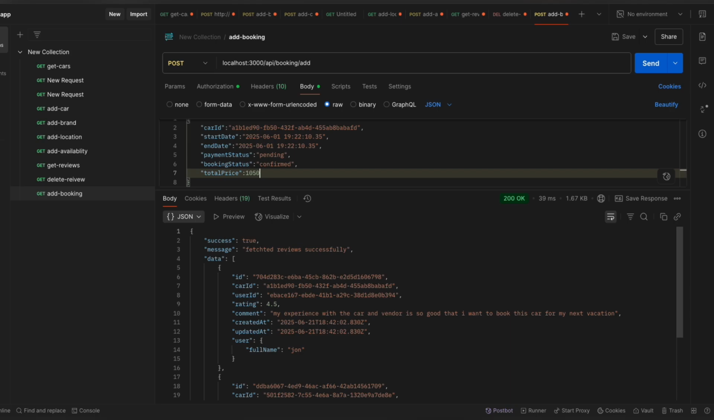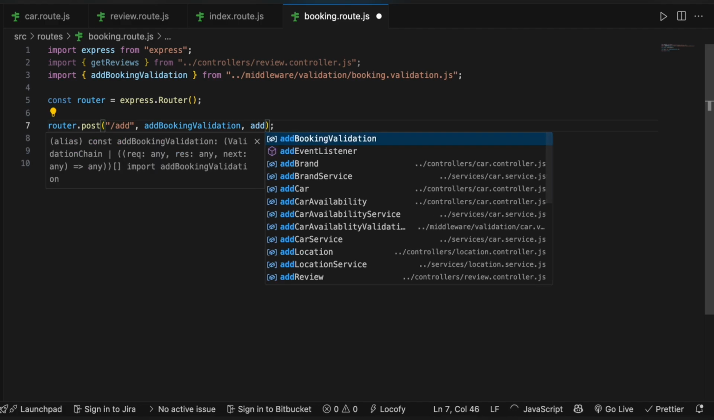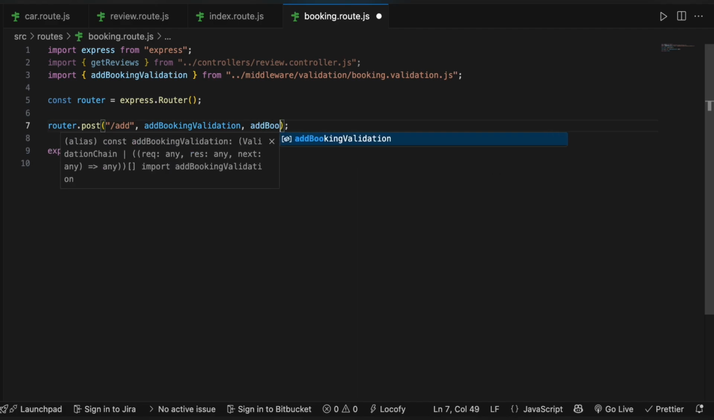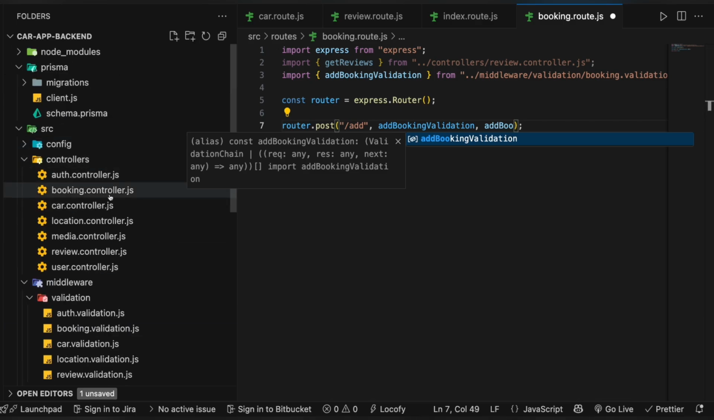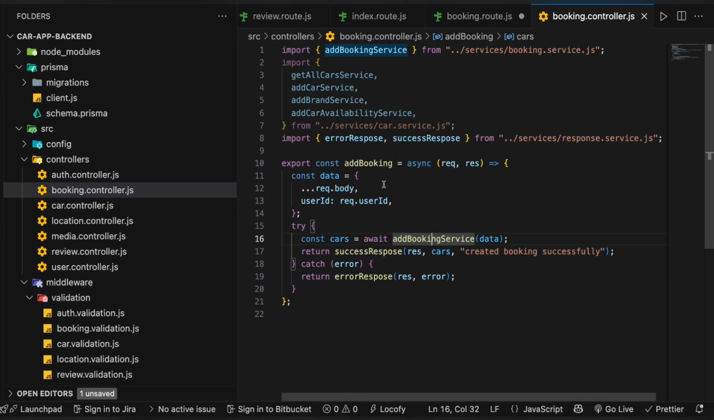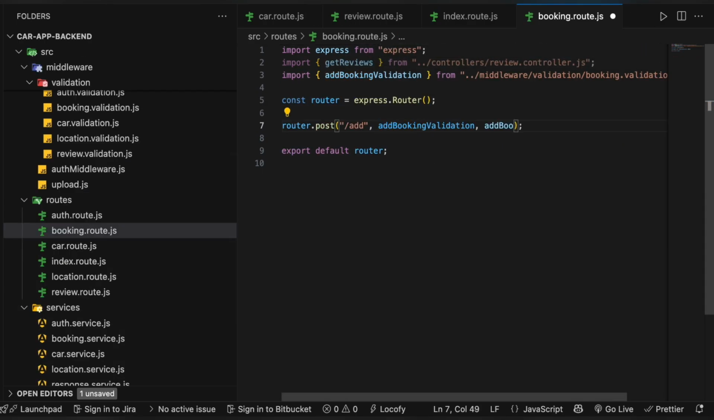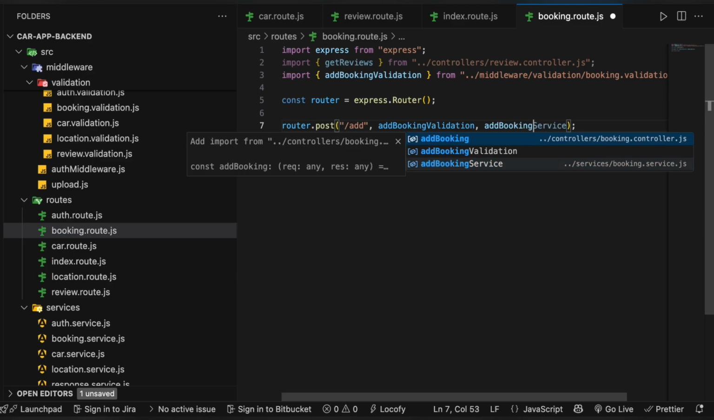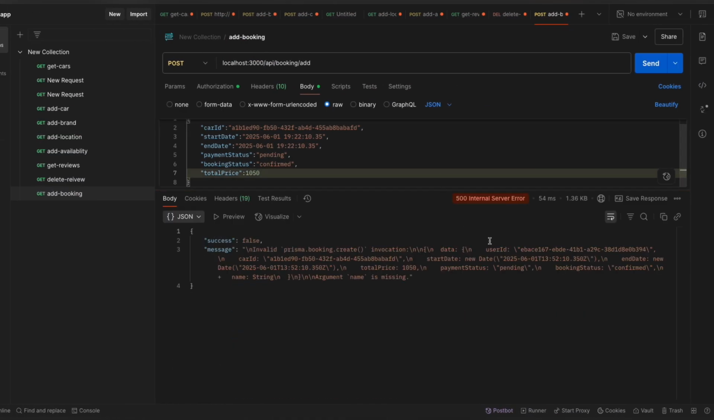Okay, so I got what the issue is. We are calling the controller get reviews. So instead of get controller, we need to add booking. Okay, there's something wrong. Go to the controller of booking. I think this file is saved, add booking. Okay, there's no issue, we just need to call this add booking from the controller and add it. Okay, we've got some issue,